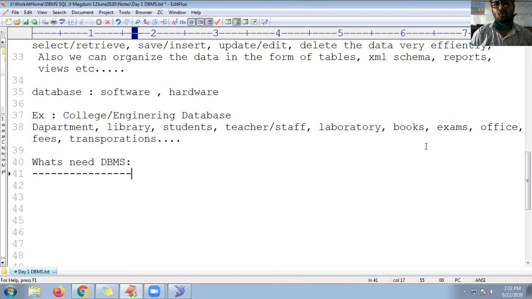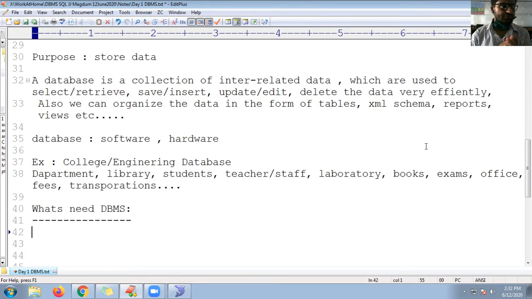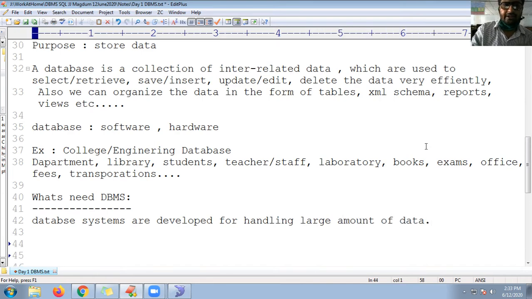Guys, as I said, the whole purpose of the database is to store the data. So database systems are basically developed for handling a large amount of data. Suppose I want to maintain